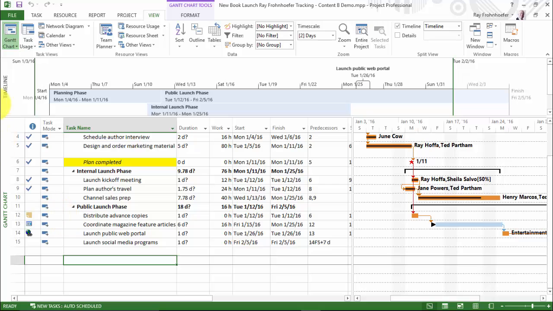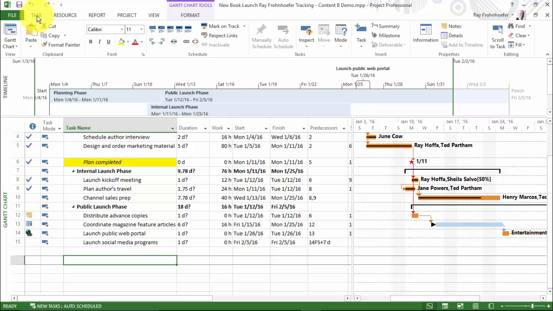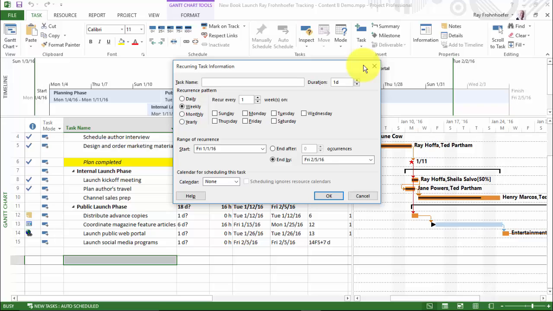And let's go then to our Task tab, and we'll insert a task, but we're going to pick Recurring Task. And the task name, let's call this Weekly Status Meeting. And our duration, as we said, was 1 hour. And it's going to occur weekly on Fridays. And so we want it to begin on